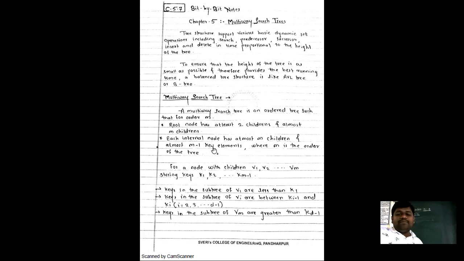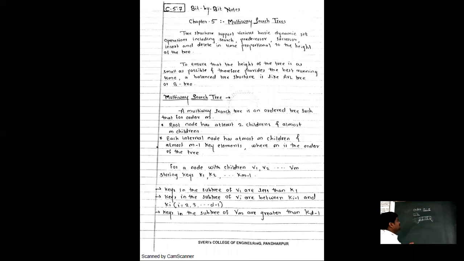And at most m minus 1 key elements. M minus 1 key elements means these are the actual values, right? So key means actual value. In the binary tree, we are considering 2 children. How have we decided 2 children? For the first child you used the left pointer, and for the right child you used the right pointer. And how many keys are you able to store here?